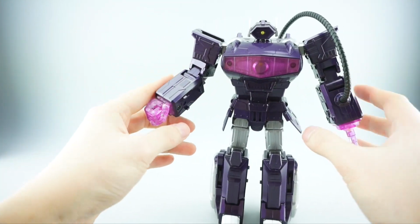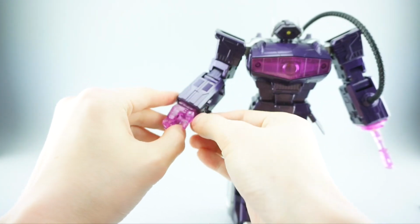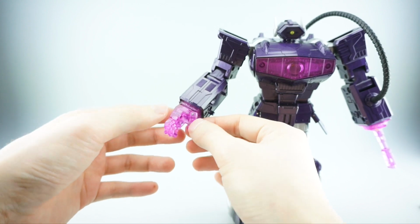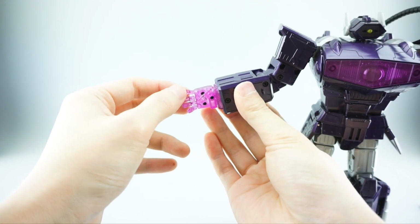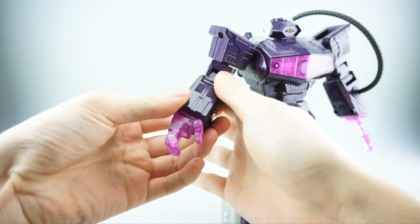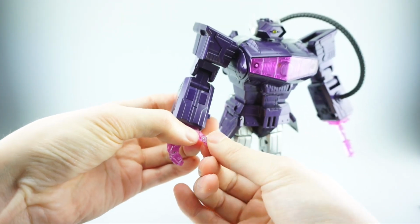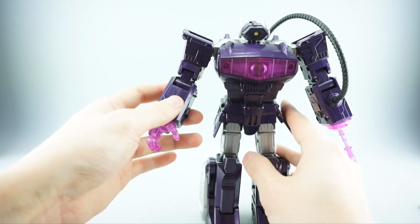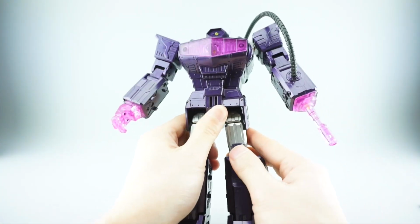His hands are actually quite nice. They feature a ball joint where the finger or thumb meets the hand. This ball joint on the thumb is really, really loose, so I'm going to need to tighten that up. But that's the only loose one. The other ones are actually quite nice. They do spread out really well. And then they also have a pinned additional joint for a second part of articulation. The thumb itself is also on a swivel, which is pinned next to the ball joint, and then it has a separate pin joint here as well. So really, really nice hands. They're really big. You just have to be careful when you transform it to make sure you don't pop any of the ball joints out,